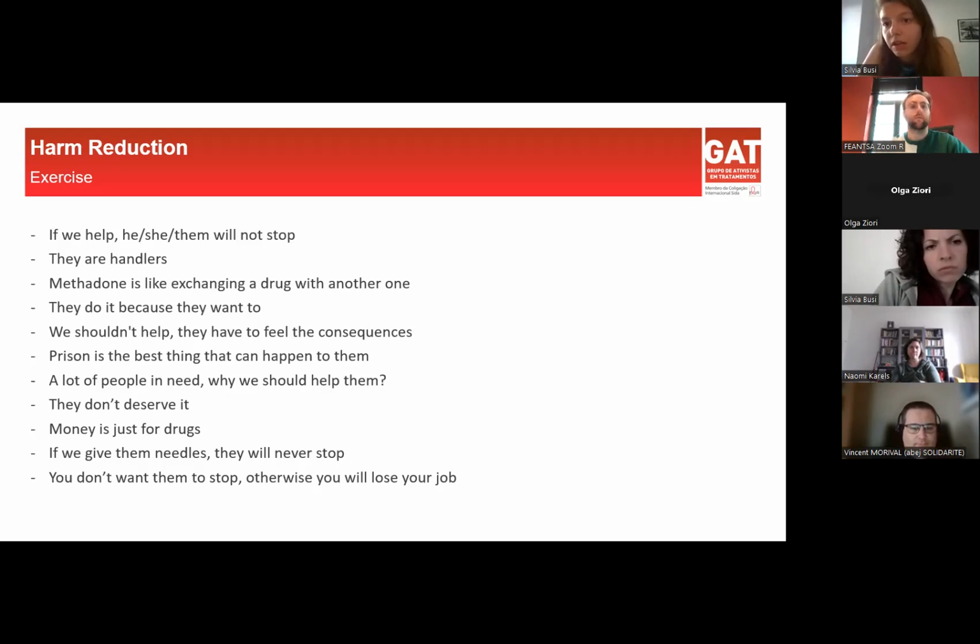Harm reduction is one of the possible methods to use with the person, and there are other types of methods to work with other people. So maybe someone needs to get their urine tested in order to have this control to be able to stop, because they want to stop, and if they don't have this type of control, they will not. Something that can work for them, and it's okay.